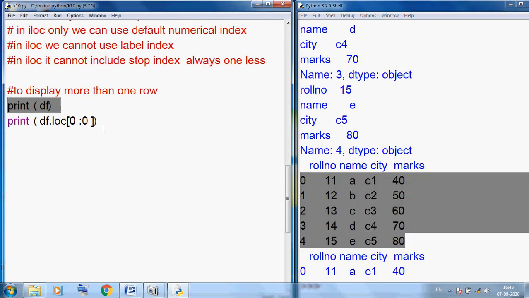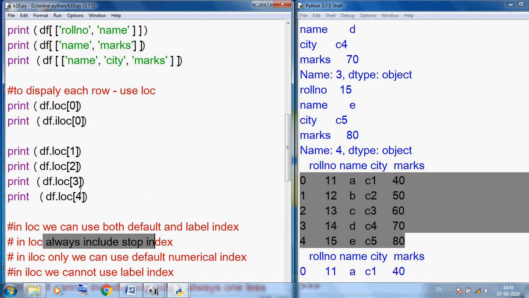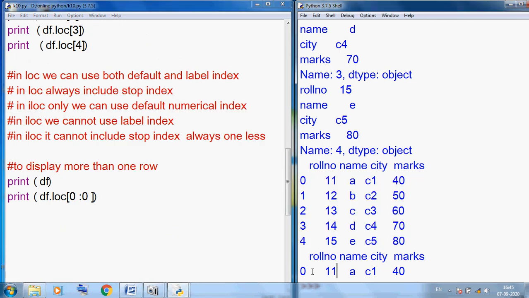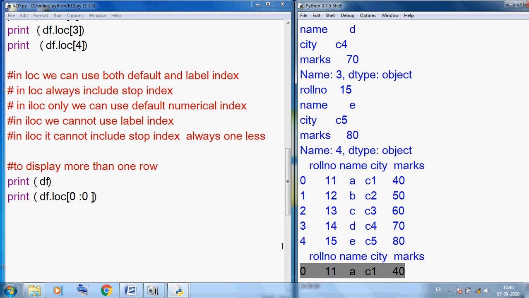Here I am using start from 0, stop at 0, and loc always includes the stop index. So internally it behaves like this and displays only our first index, in a very systematic way. When you use it directly, it shows in vertical style, which is very difficult to understand. But when you use slice style, it displays the selected row in a very systematic way.